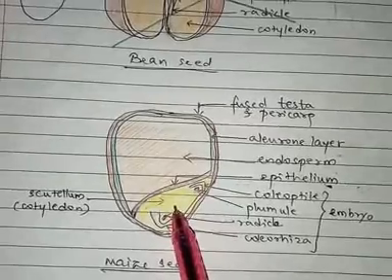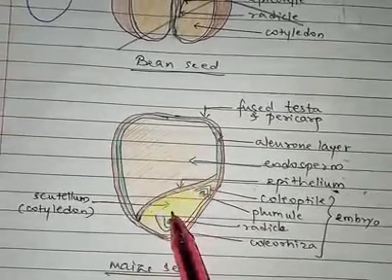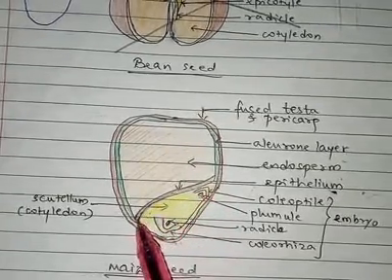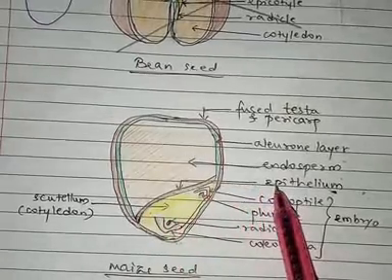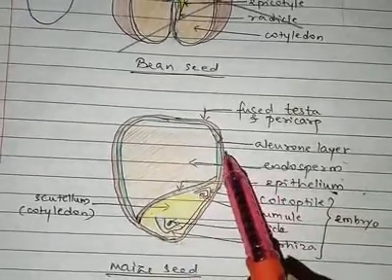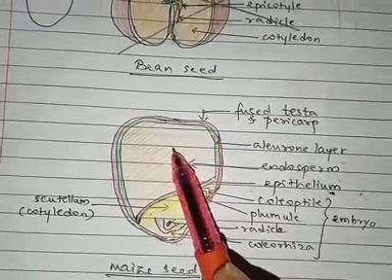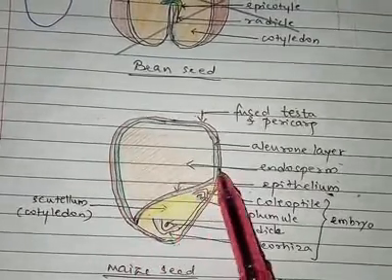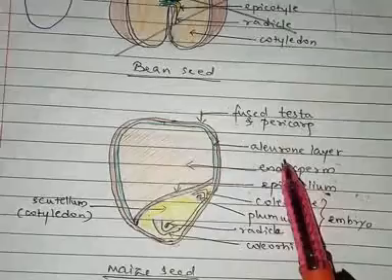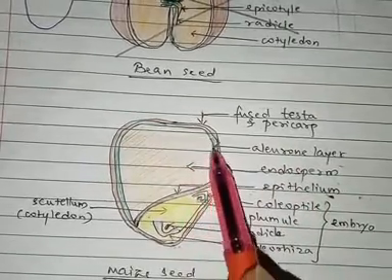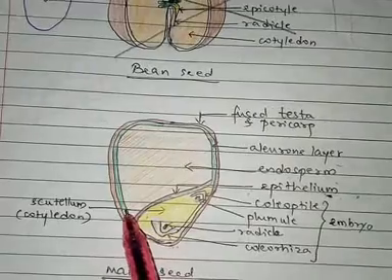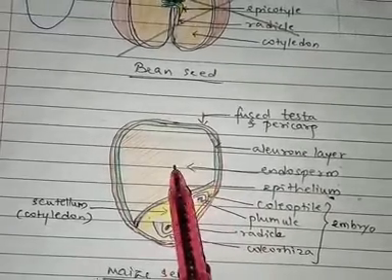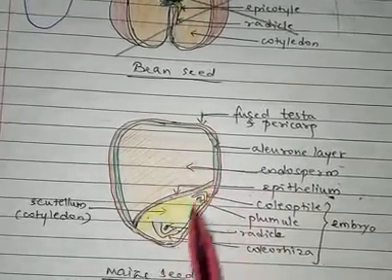Fine, understanding? So when you observe the two parts, there is one layer present between the two parts, and this layer is the epithelium, right? And when you observe the endosperm region, it has on the outer side a layer of protein called the aleurone layer. On the outer side of the endosperm there is a layer of protein present, that is called the aleurone layer. So we are having the aleurone layer present just outside the endosperm.